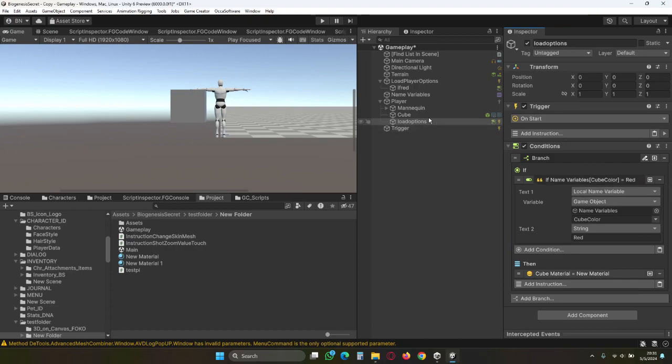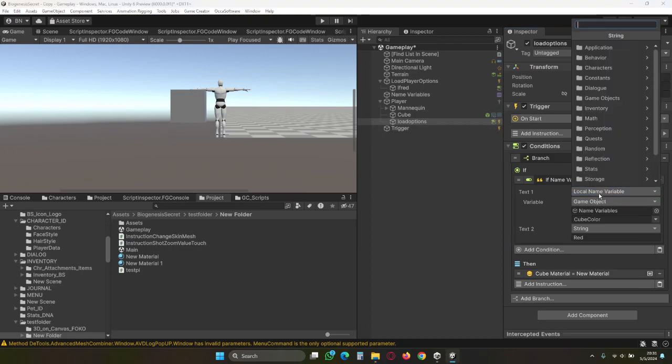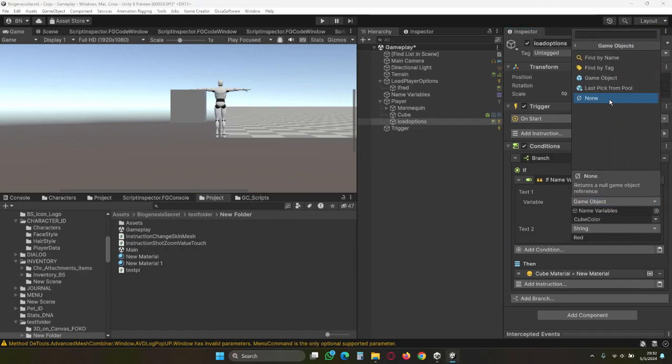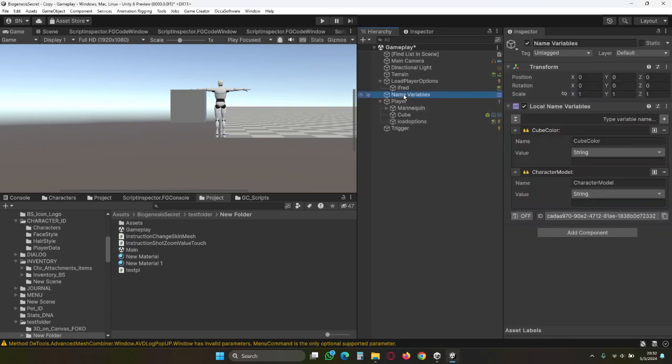Instead of local name variables, which is not gonna find it, you have to give it a name, and here you have to actually say search by name. This game object is gonna be game object find by name if this player is gonna be instantiated, okay? Because you have to find these name variables. So in these name variables, you have to give it a particular name, because if you leave it like this, it's gonna just search for the first one and say, oh, name variables, this is it, I found it. You can say name variables, for example, player